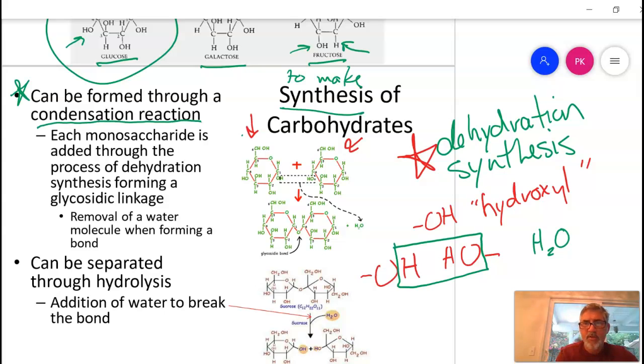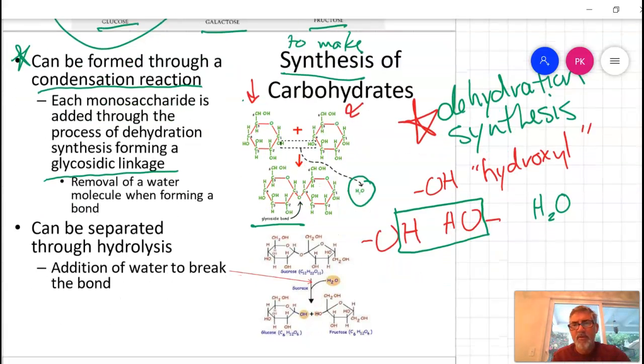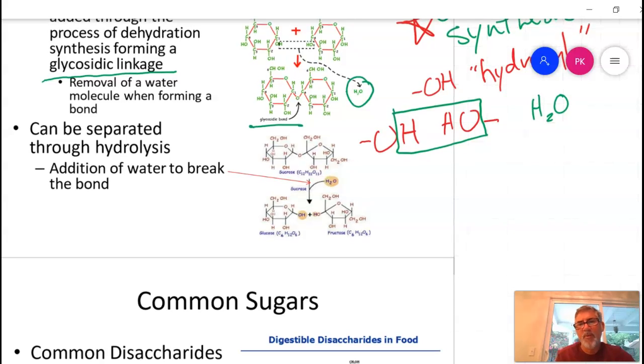So I have these two hydroxyls, I remove that water here, and now I have this bond. And this bond is going to be called glycosidic linkage, or simply a glycosidic bond. So that's the removal of water. If I can form it by removing water, I can separate it by adding water. So hydrolysis is the addition of water